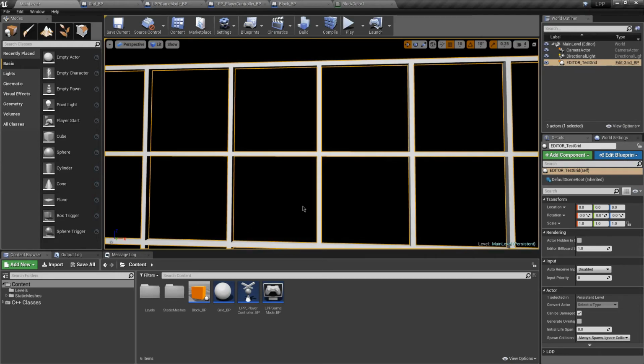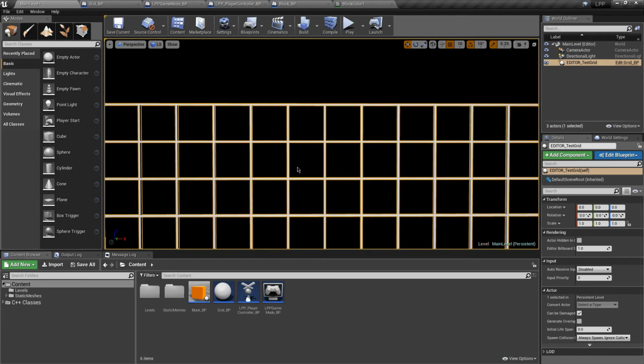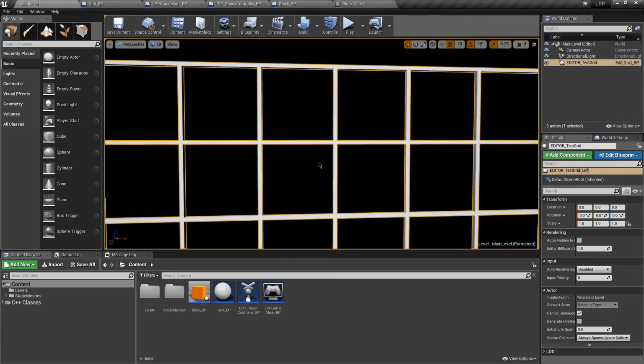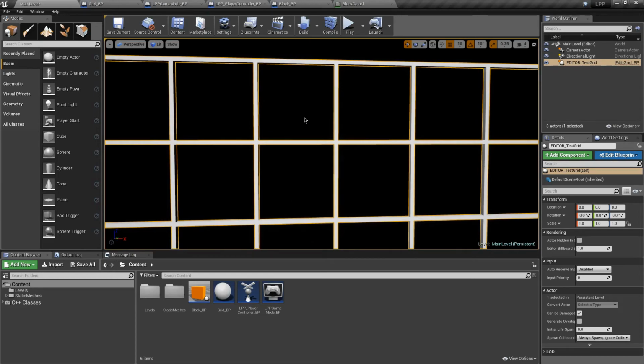So just translating the blocks, not really in a circle, but from one quadrant to the other,